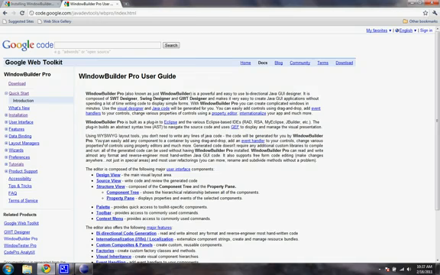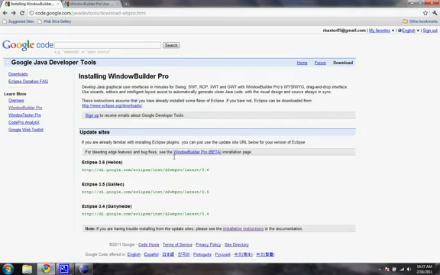So if you Google Window Builder Pro, you'll come to this site here. They have a lot of great information, some tutorials and stuff, which I suggest everyone reads if you're going to be using the tool. But what I'm going to show you today in this video is just how to install it. So if you go to the downloads page, you can see here there's an update site for Eclipse 3.6,